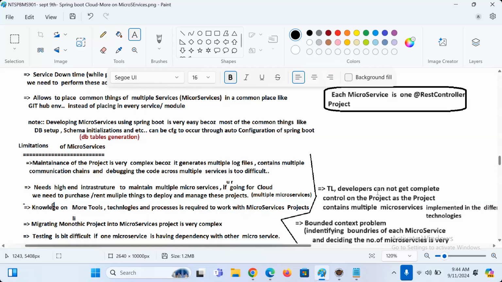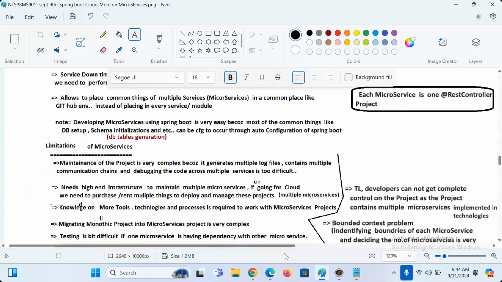A team lead or developer cannot get complete control of the project as it contains multiple microservices implemented in different technologies. Different microservices can be developed in different languages or technologies. Do you think one individual will get a complete grip on the project, guys?